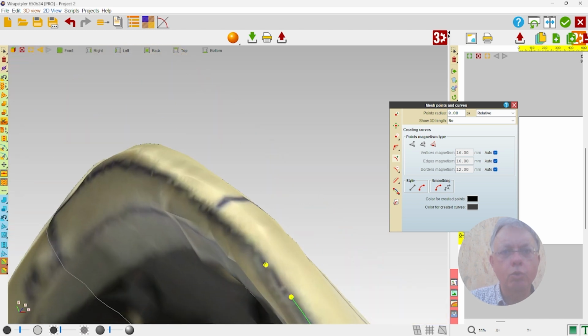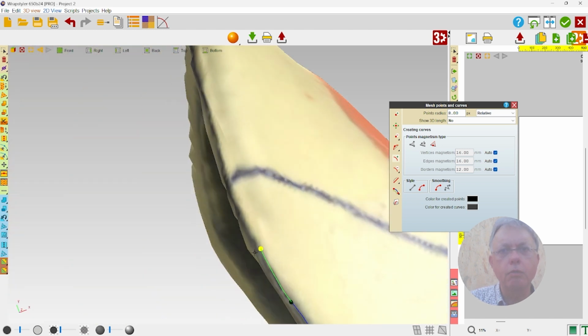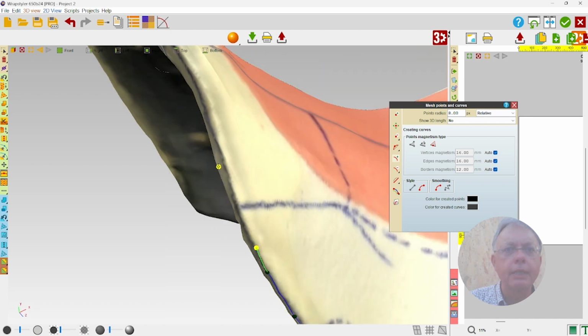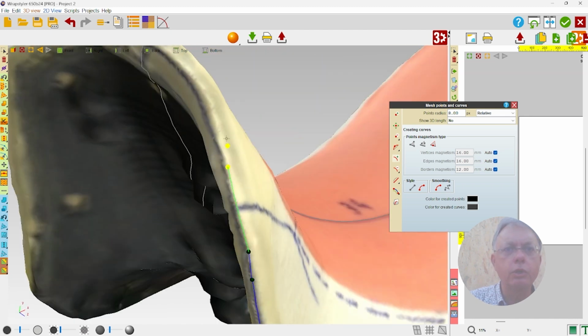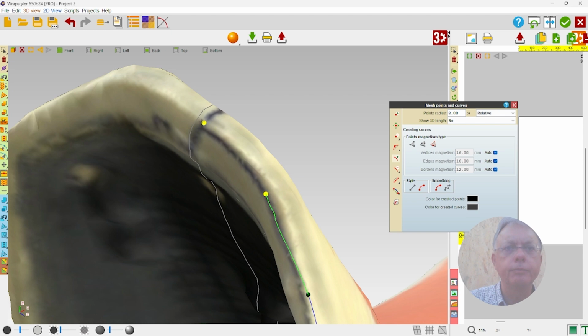So we can see the drawing of the line is very easy, and I just continue until the central line here.